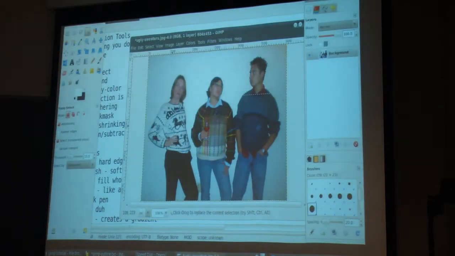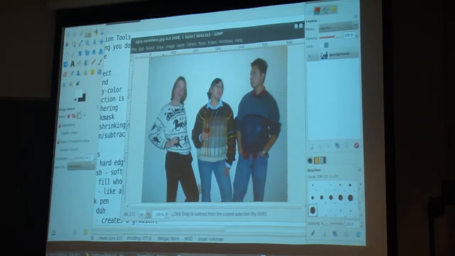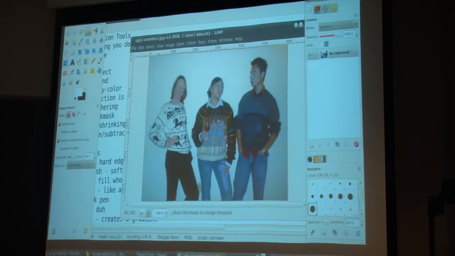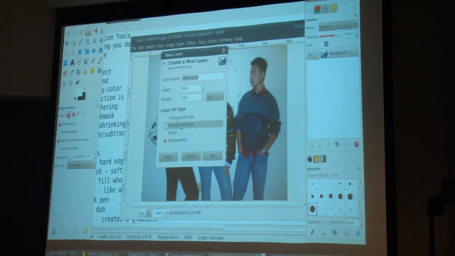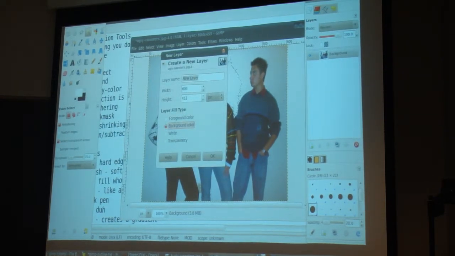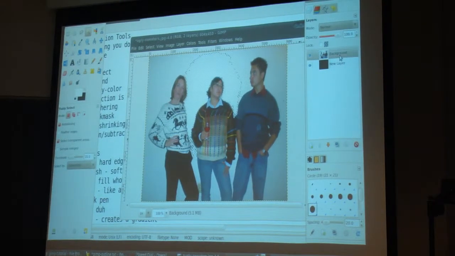So one of the things that you also might want to do, something else that's handy, real quick, I'm going to back up to where I had, I lost it. I'm going to select more portions of this again. So I've got a section of the wall selected here, and I'm going to add an alpha channel to this layer so that you can see what's happening when I delete. So I'm going to add an alpha channel, and I'm also going to add a black layer. Black right now is my background color, so I'm going to select background color when I create a new layer. And I'll move it down to the bottom, rearranging my layers. So the black layer is now on the bottom. I'm going to select what was my background layer, and I'm going to delete from it, which now that it has an alpha channel means I'll be able to see